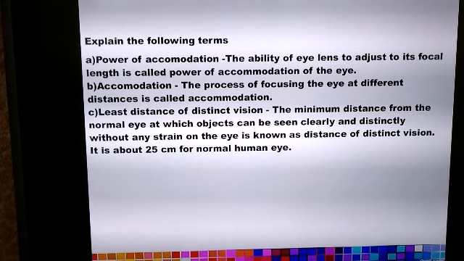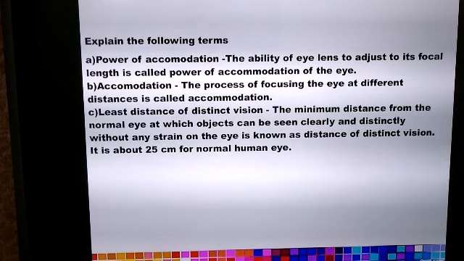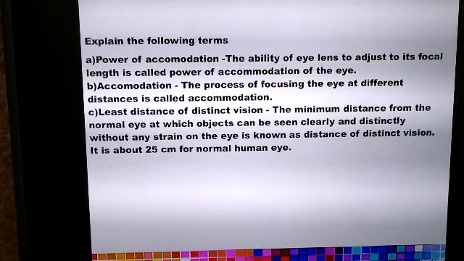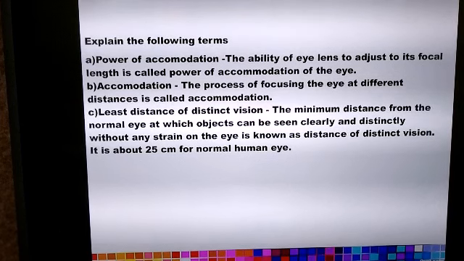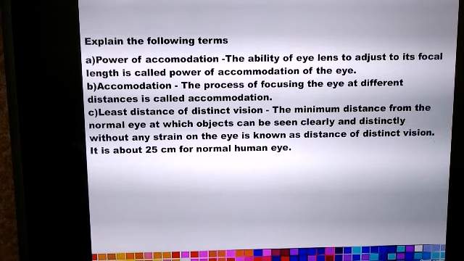Similarly, we also have a farthest point where an object can be kept from the human eye. And this farthest distance at which an object is kept from the human eye, so that we can see the object clearly without putting any strain on the eye, is called the farthest distance of distinct vision. The position of the object at this distance is called the far point of the eye.